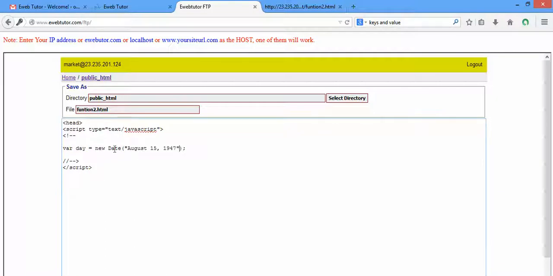That is to say that we don't want you to use the normal date. We want to set a normal date for ourselves, and that's why we set it as August 15, 1947. So this time around, by the time you use document.write or alert to print out the value of date, what you are going to see there is August 15,